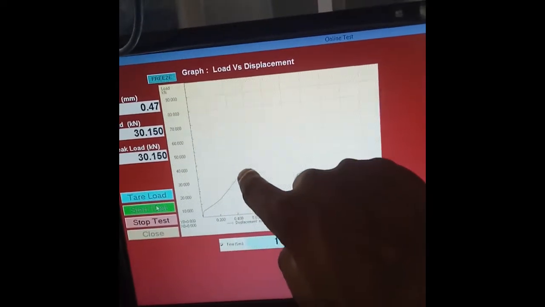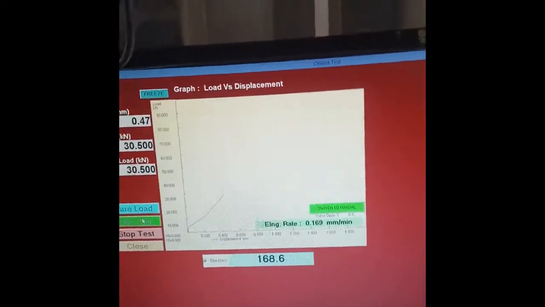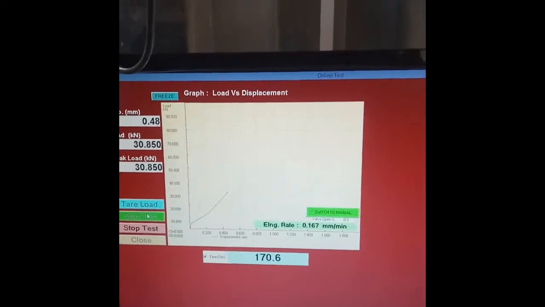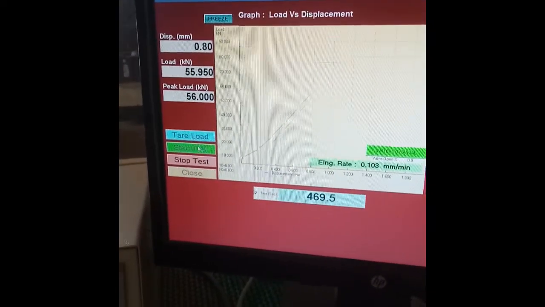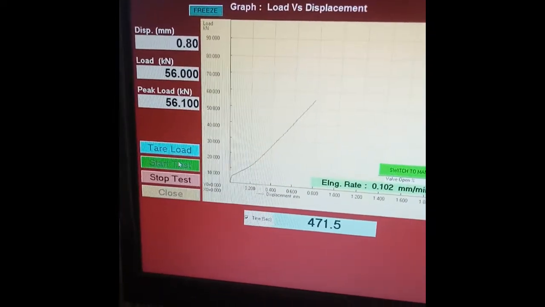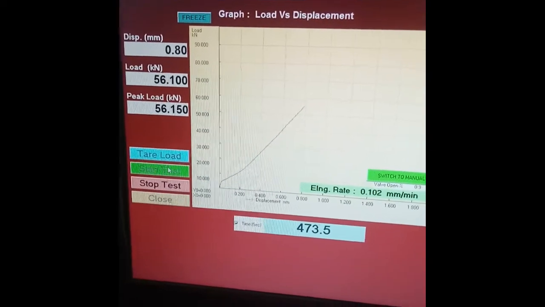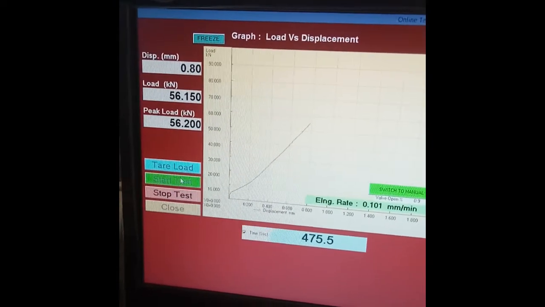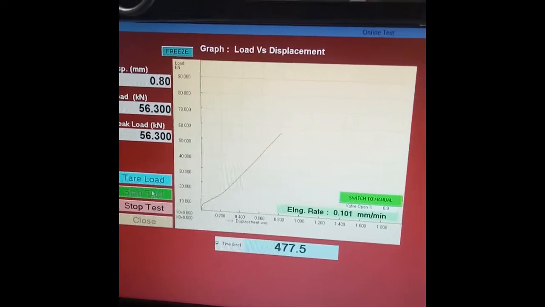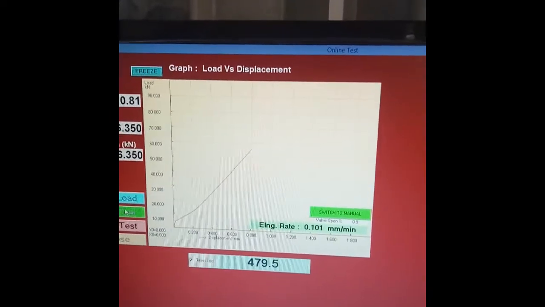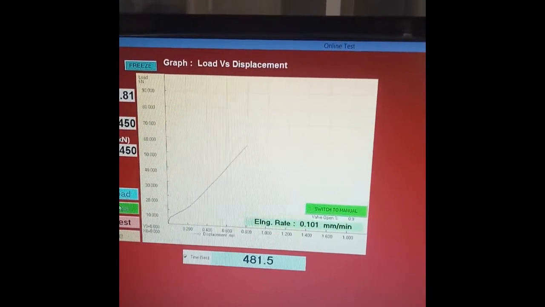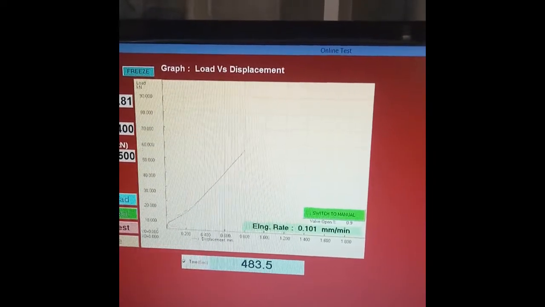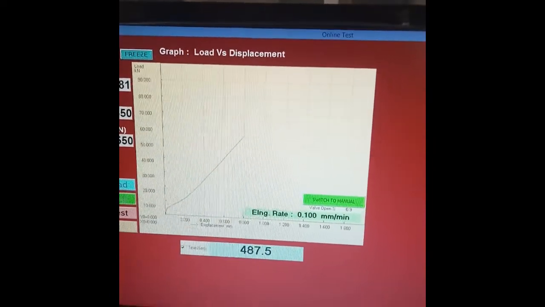And if you see, it is a straight line, that means it is in the elastic range. The load is 56 kilonewton, deformation is 0.8 mm, and the graph is still straight. That is indicating the material is within the elastic limit.